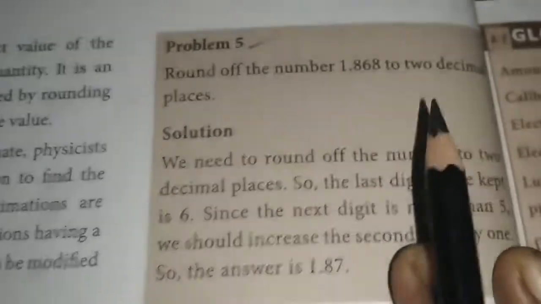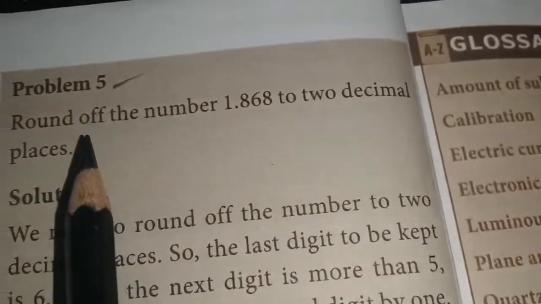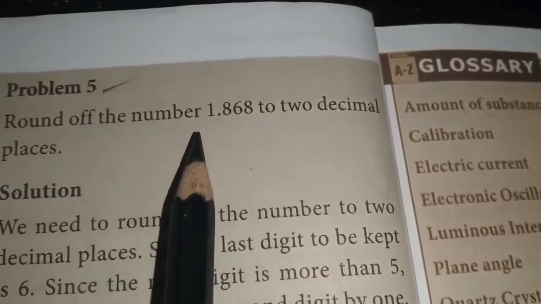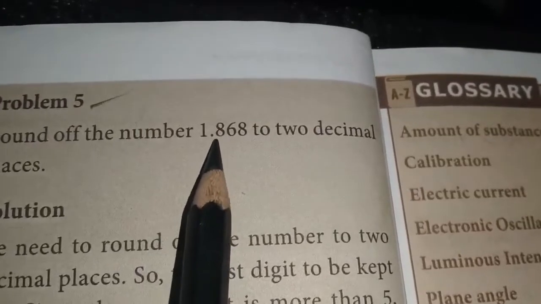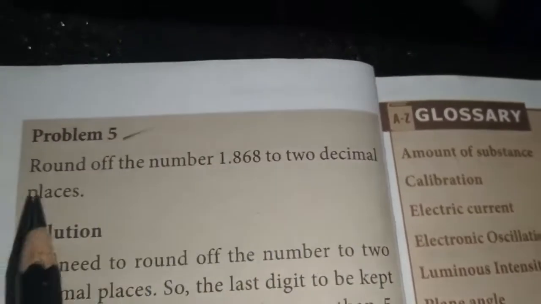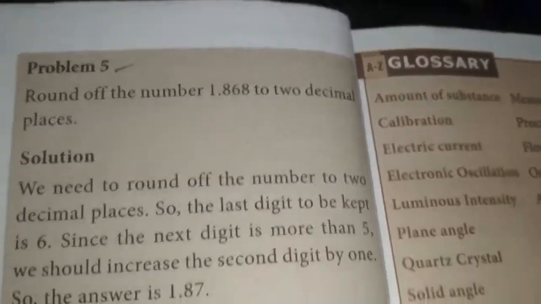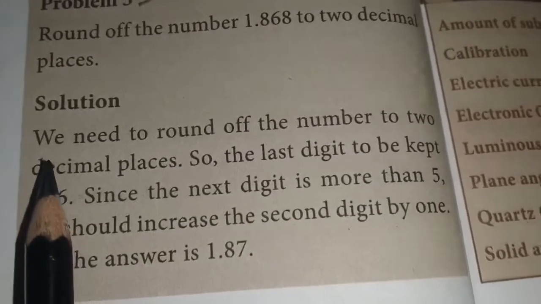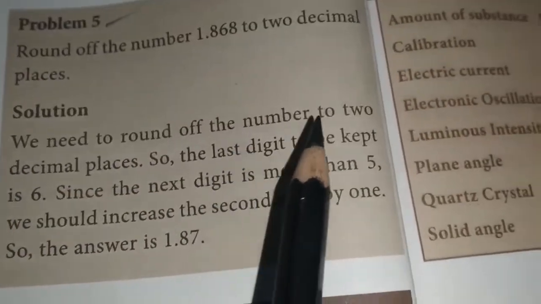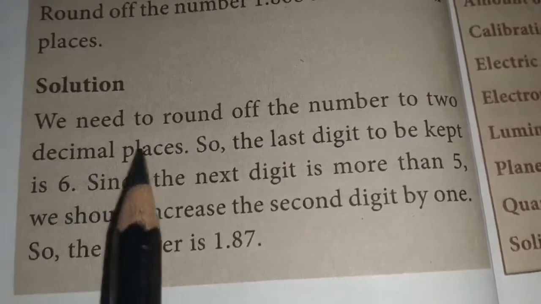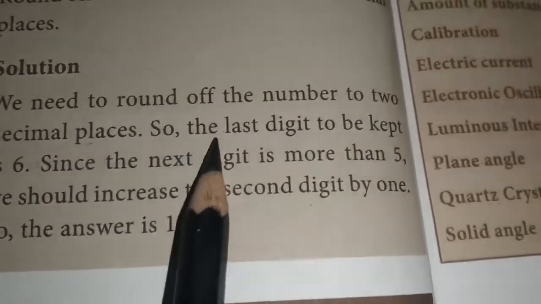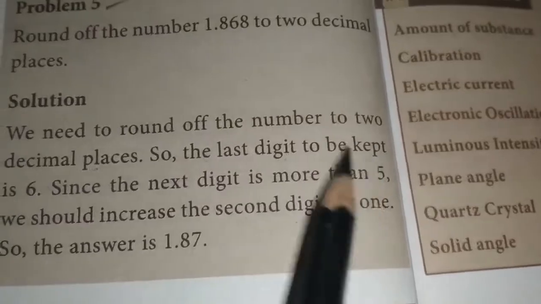And then problem 5, round off the number 1.868 to 2 decimal places. Here we need to round off the number to 2 decimal places. So the last digit to be kept is 6. See here, 6,